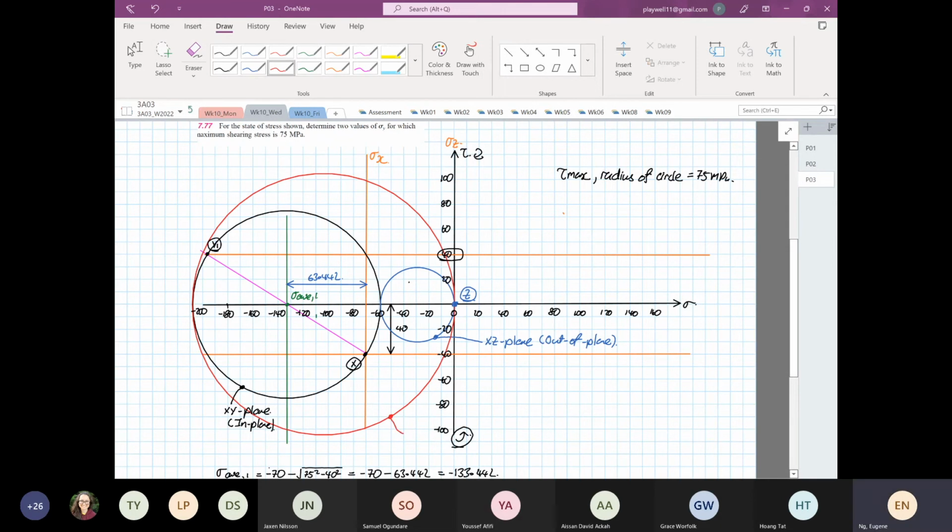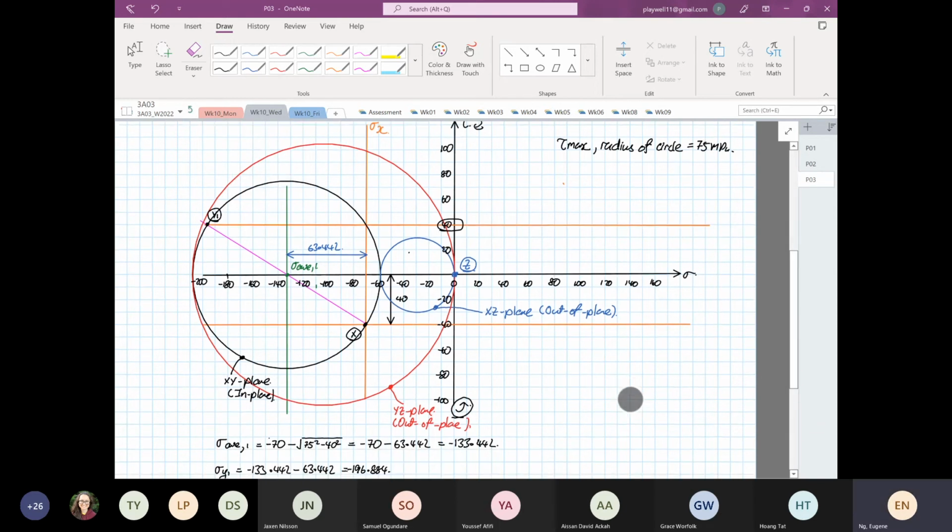this is our YZ plane. And this is our out of plane. Okay. Right. Now, this is the 3D Mohr circle for one of the possible Y values. Okay. Now,